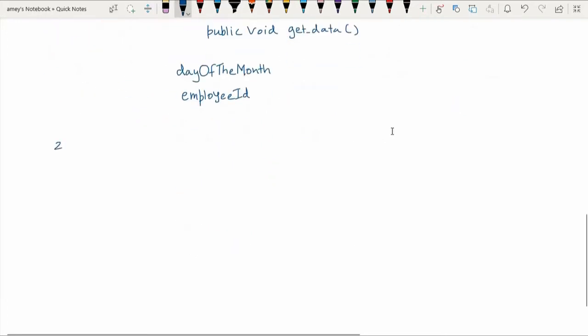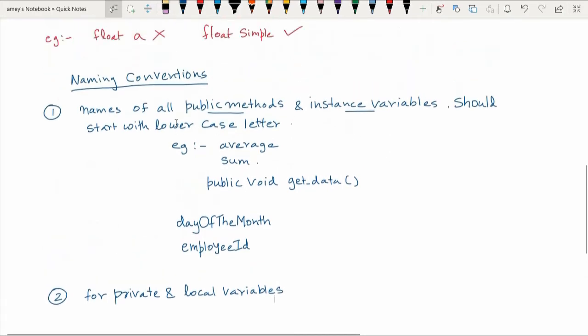Now second, if you have private variables, so for private and local variables, okay. So remember that for public methods and instance variables, if there are more than one words, the beginning letter of that particular word can be capital.